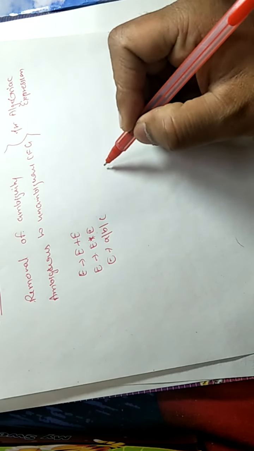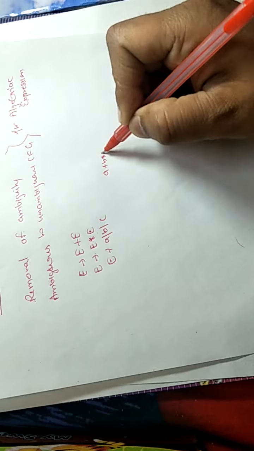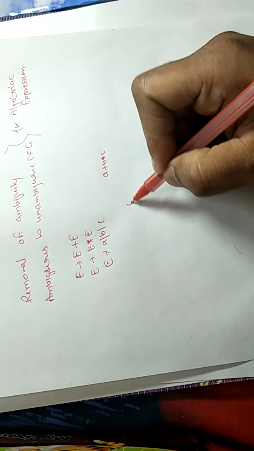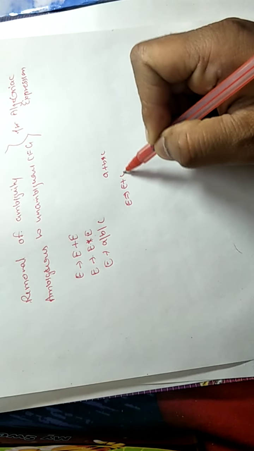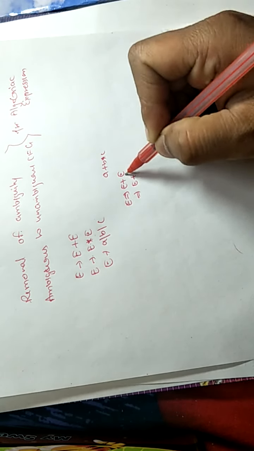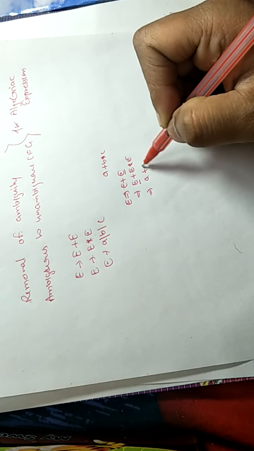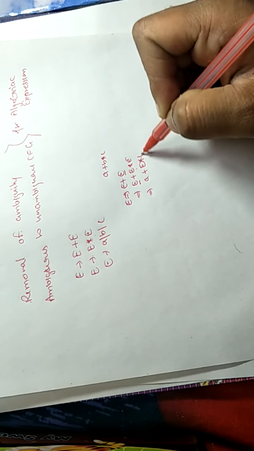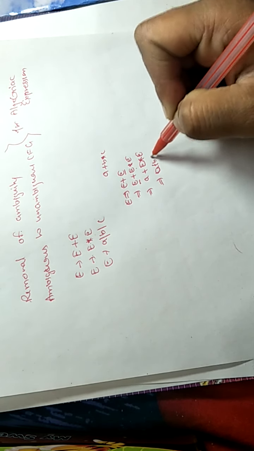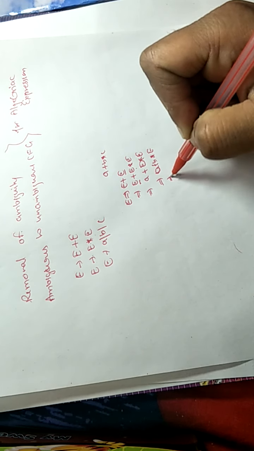So first of all, what is the major problem with this particular grammar? The problem is that we can derive a string in multiple ways. So this grammar is ambiguous, as we can derive a plus b into c in multiple ways: E tends to E plus E, and replacing this E by E asterisk E, and replacing this E by a, and this E by b, and the last E by c here.